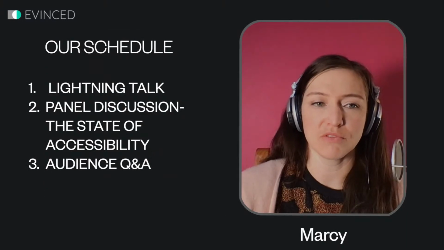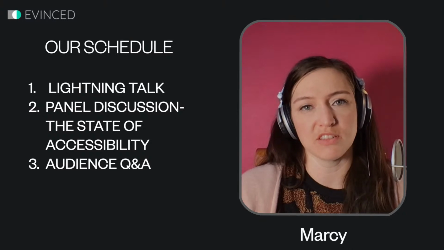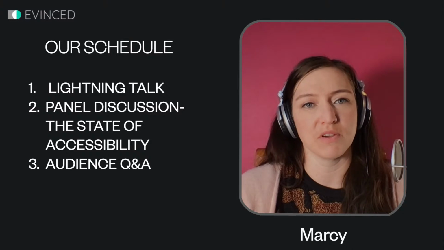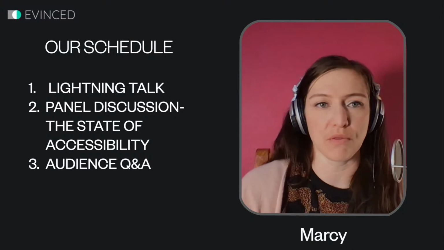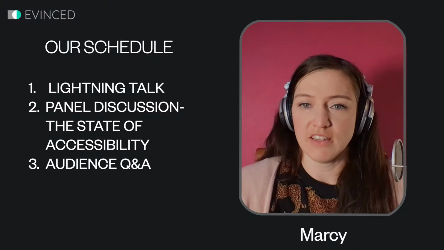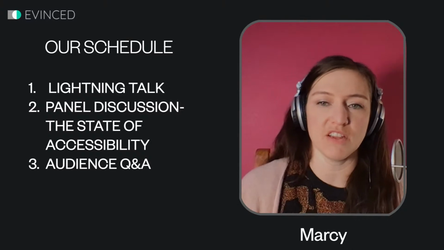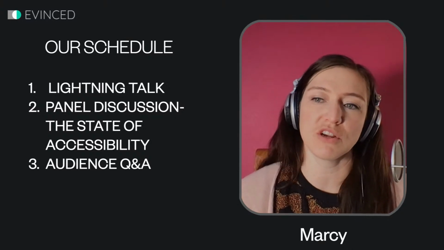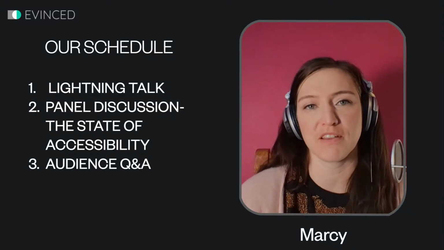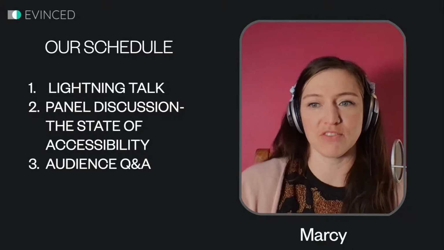Okay, so our schedule for today, we're going to start with the lightning talks from Naveen and Gal from Evinced. Then we will go into a panel discussion on the state of accessibility automation, and we'll have some time for Q&A at the end. So if you want to provide questions in the chat, we will be going through those and coordinating them with our panel discussion. Naveen Tadani and Gal Moab from Evinced are going to show us a couple of lightning talks about what the company is working on. And then we'll use that information as a jumping off point for the panel discussion.